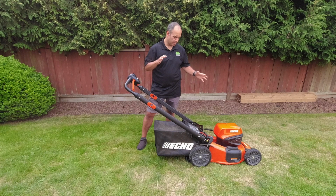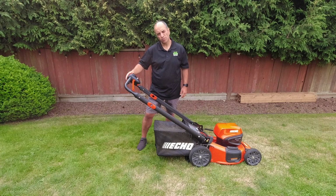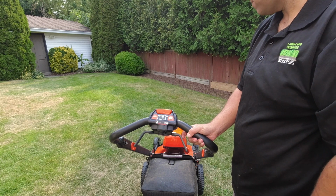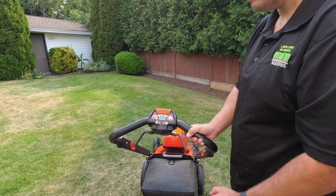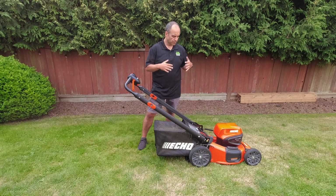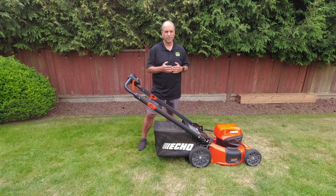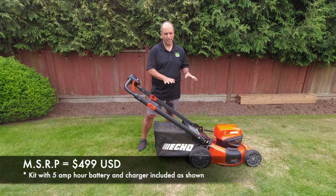Now, as I said, this unit is very underpowered, even with the turbo mode that it has. That does help a bit, but it also drains the battery a lot faster if you're going to be using that turbo mode. Again, one of those things where it's just difficult to recommend, especially given the $499 US price tag or MSRP